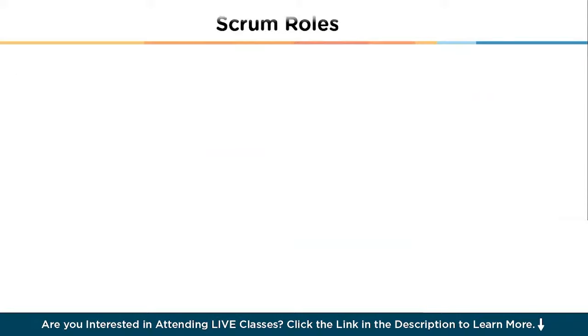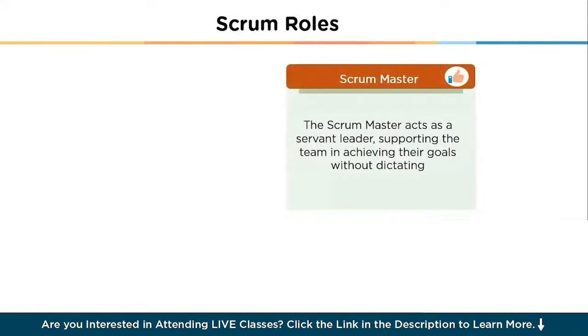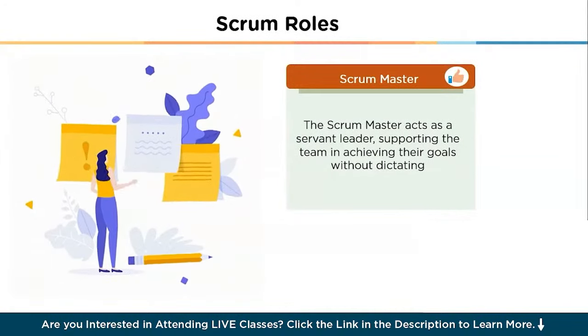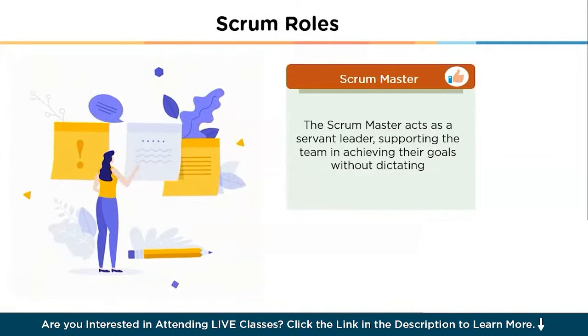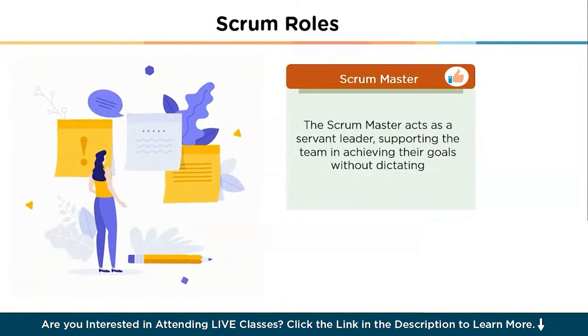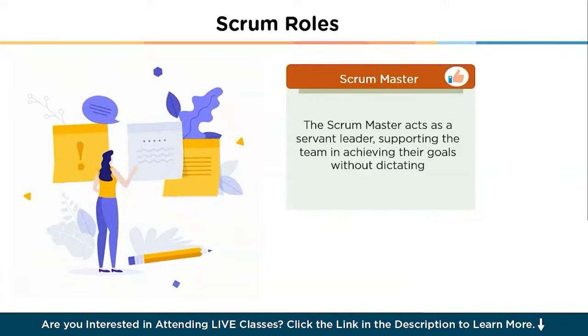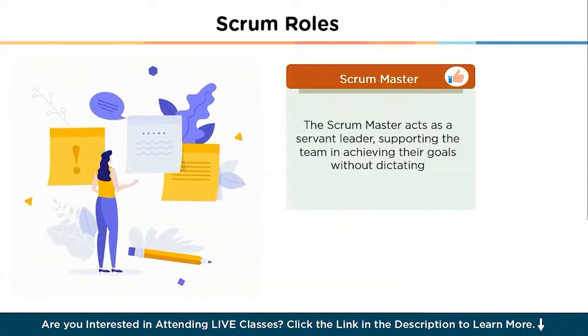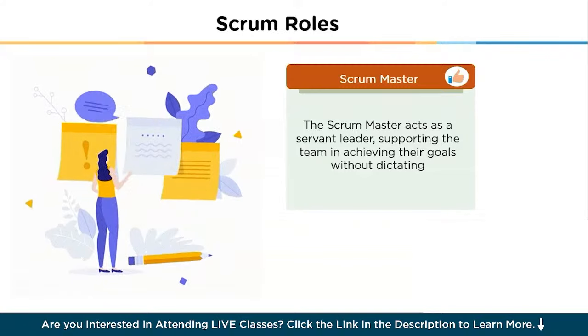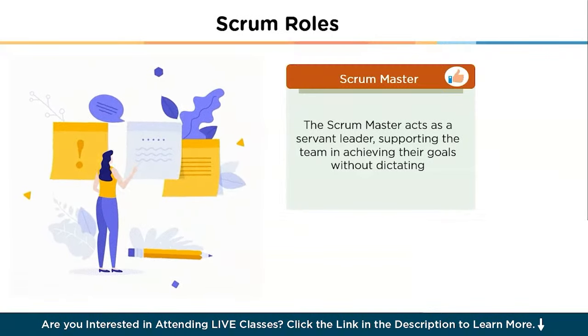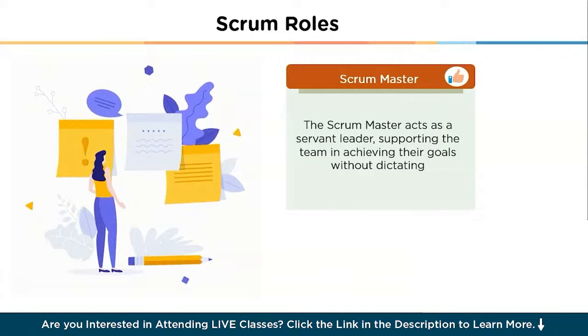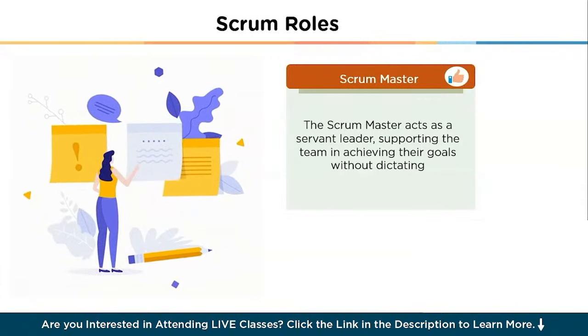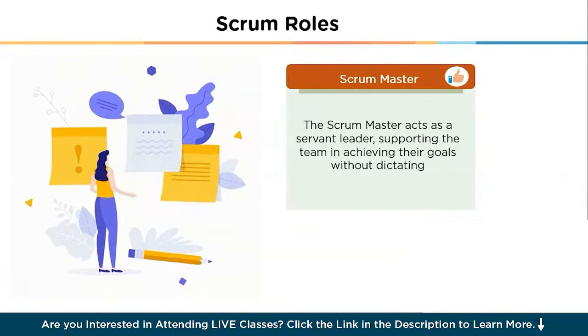Next role we have is Scrum Master. The Scrum Master is a facilitator and coach who ensures that the Scrum framework is followed effectively. This role involves removing obstacles that hinder the team's progress, promoting a culture of continuous improvement, and fostering collaboration. The Scrum Master acts as a servant leader, supporting the team in achieving their goals without dictating how they should